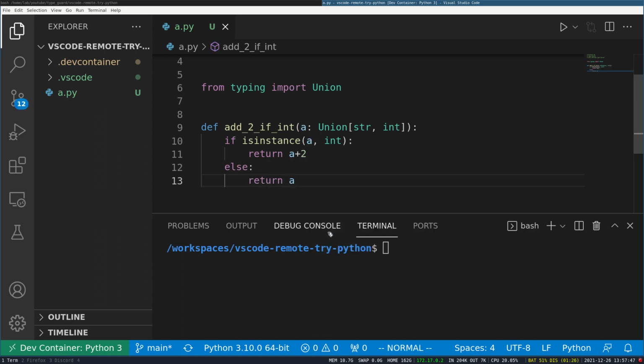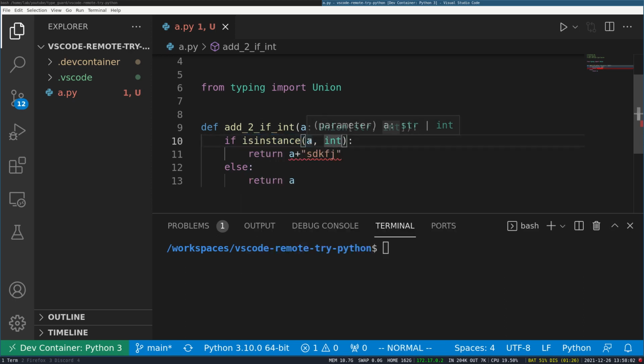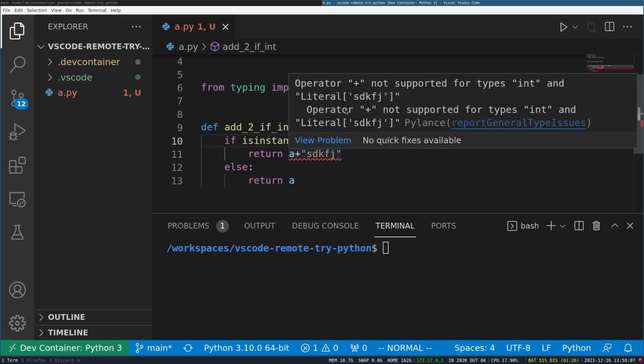Now one thing you will notice is that although we have defined that a can be string or integer, if I try to add a string here, it shows me the error, and the reason is this isinstance check. As soon as we do this isinstance check, the IDE knows that we will only come here if a is integer, and you cannot add a string to integer.